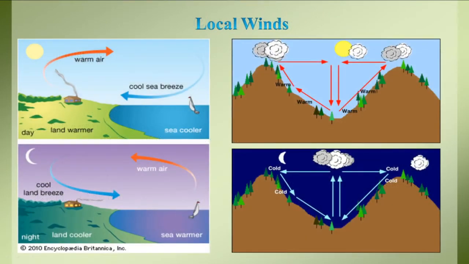There is a second component responsible for the winds: the local wind. Basically, when we compare the land surface and the water bodies, the land gets heated as quickly as possible. In the daytime, whenever the sun's radiation falls over the land surfaces, it quickly absorbs the heat of the sun's radiation.